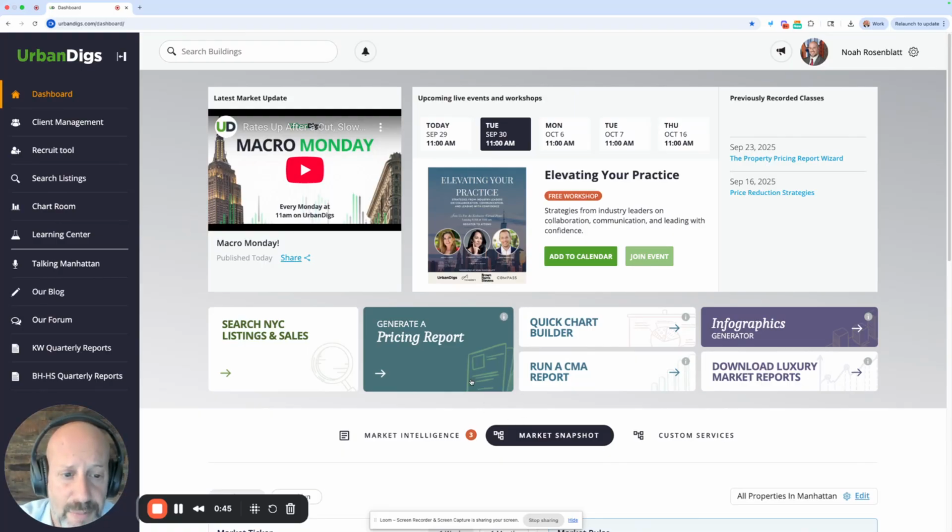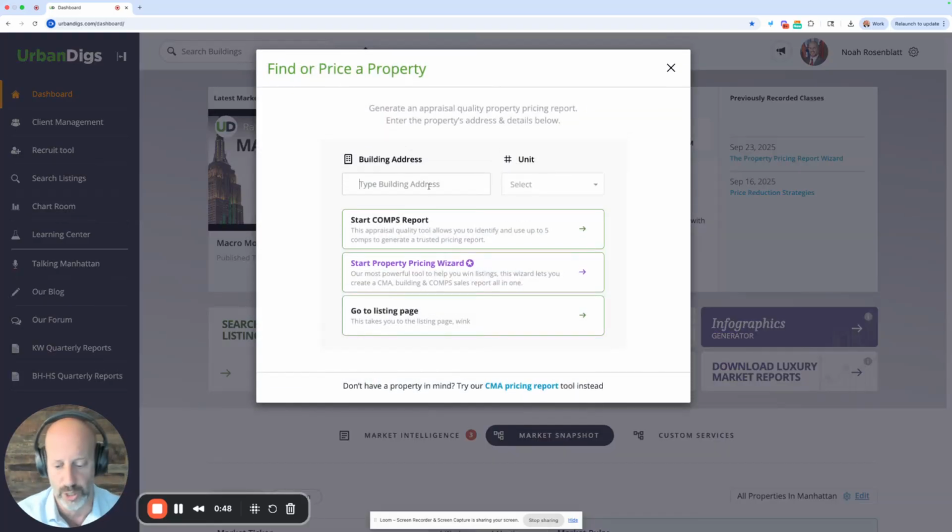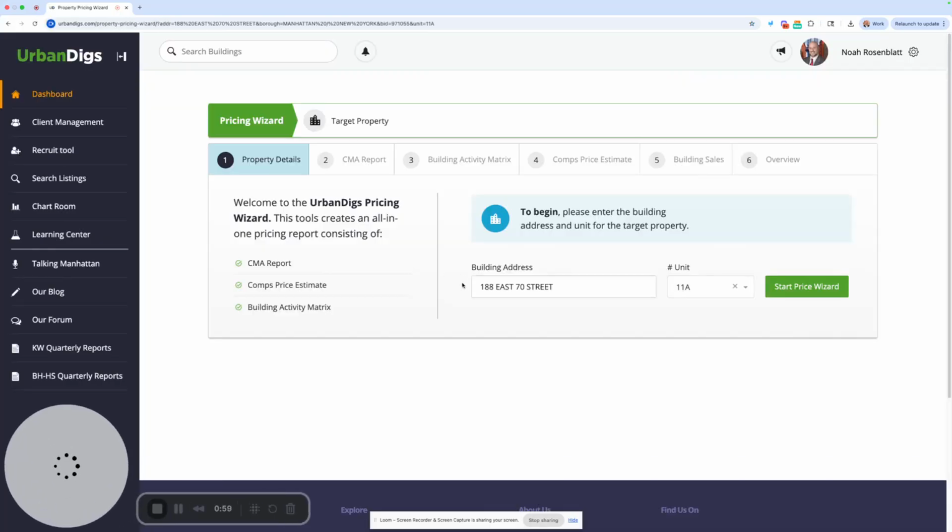Start right here on the dashboard, generate a pricing report. We're going to go ahead and add the building address. We're going to put in the unit number and click Start Property Pricing Wizard Tool. What you need to know about this tool is it's a